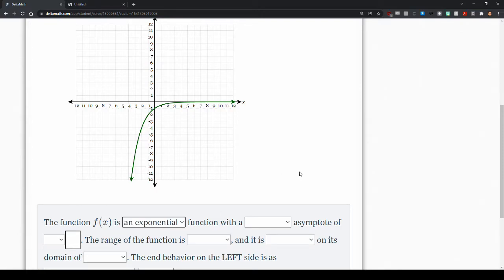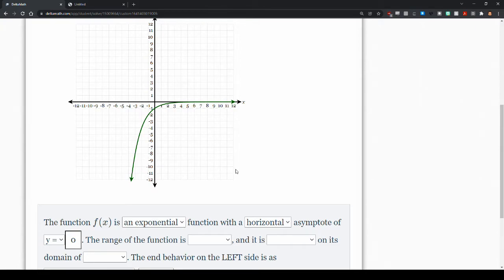We know this is exponential because we haven't done logarithmic yet. What kind of asymptote does it have? It has a horizontal asymptote along the x-axis here, flattens out along the x-axis. The equation for the x-axis is y equals 0 because all along the x-axis is a horizontal line with a